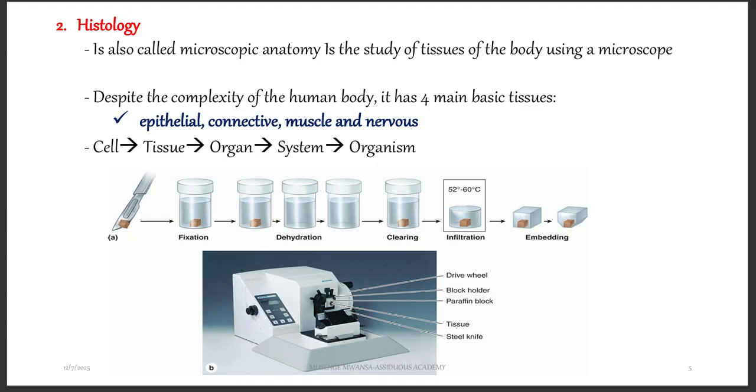So the way the body is made up is that we have cells, and cells coming together will form a tissue. Group of tissues coming together will form an organ. Group of organs coming together will form a system, and group of systems coming together will form an organism. Now, the way we study histology is that we get an organism, we cut a part of it. For example, if someone has got breast cancer, what we do is that we cut a